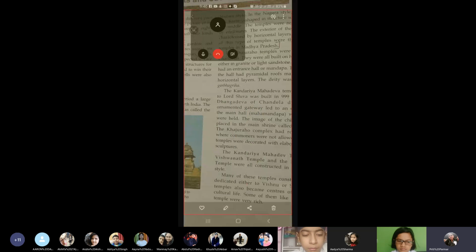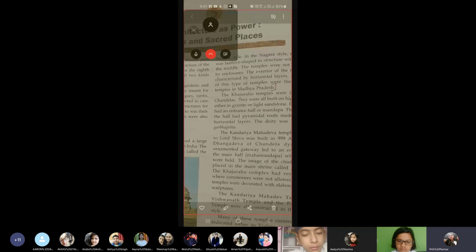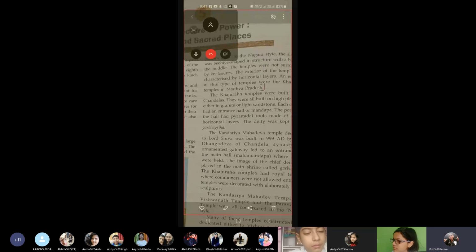Now, what is the Nagara style? It was basically divided into three: the Shikhara, that is the topmost peak of the temple, and it was a beehive structure. That means it was in a kind of an inverted beehive. There were no enclosures. They were only built up on a raised platform at that time. So the Nagara style had three common features: the Shikhara, then the second was the Garbhagriha, and the third was the